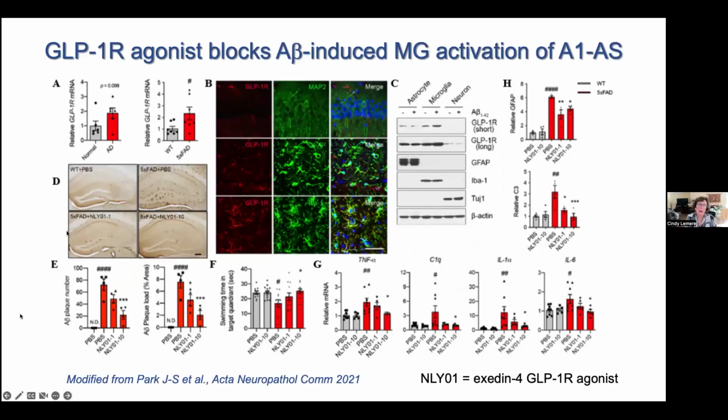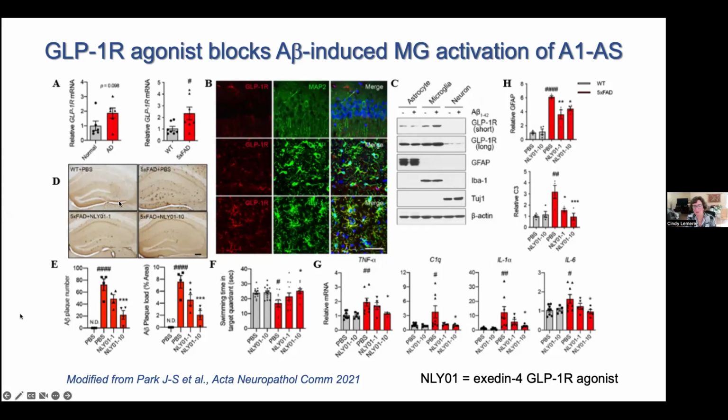So this particular group showed that GLP-1R is upregulated in Alzheimer's brain, and that it is also seen upregulated in 5XFAD mice, and that it's expressed mostly on microglia. So this is GLP-1R. And it's expressed mostly on astrocytes and microglia with very little on neurons. And they looked at a GLP-1R